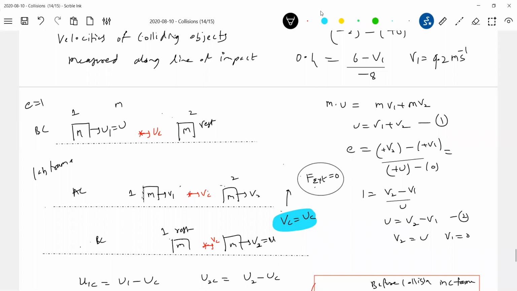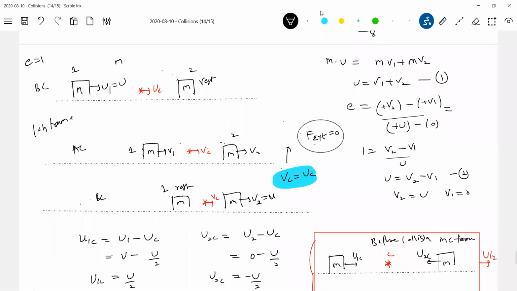Got the idea now? So actually, I should teach this one, because you don't have any idea about this momentum, all this, how V2 equals U. That's why I just superficially